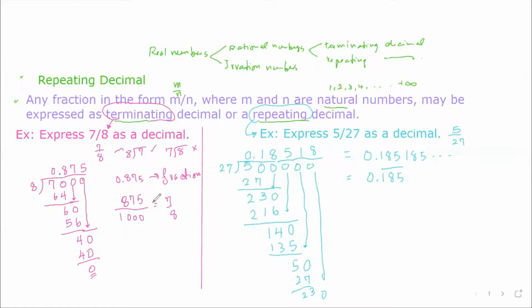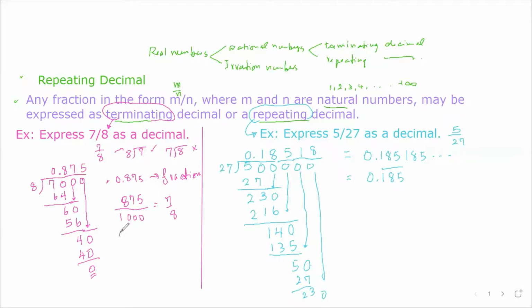Okay, so in this case, if you make it a simple term, 7 divided by 8 is going to be 0.875. When you simplify, it is equal to 7 over 8. You can try it, use 5 to cut the top and the bottom. So in this case, we can do this for the terminating decimal. In another word, this one you can convert from